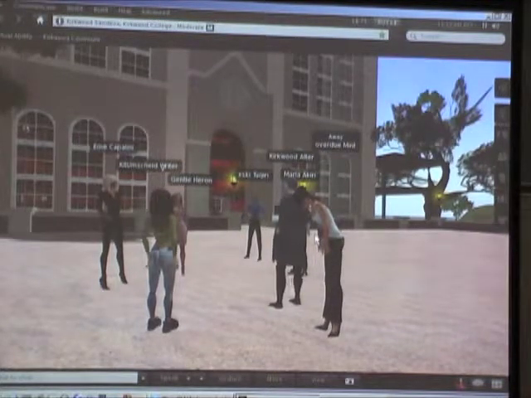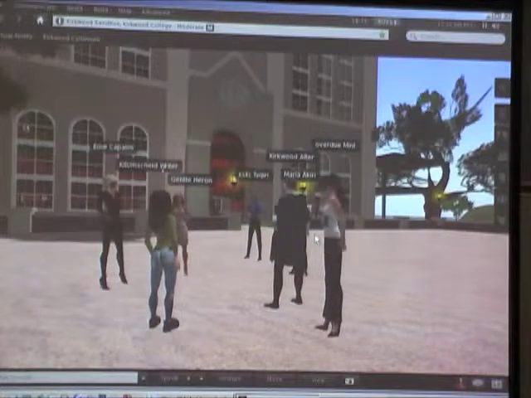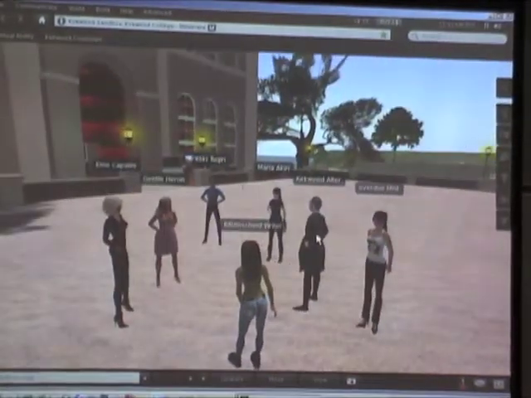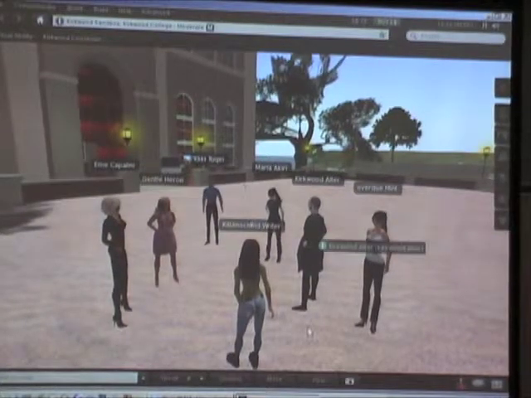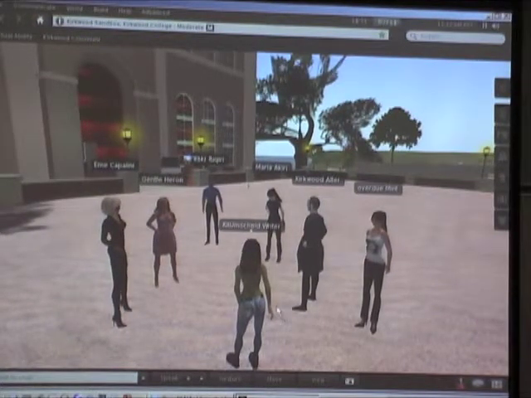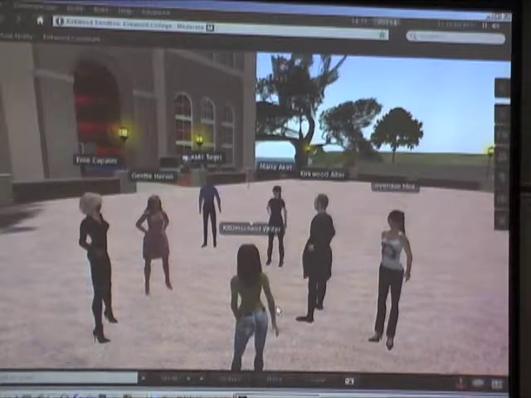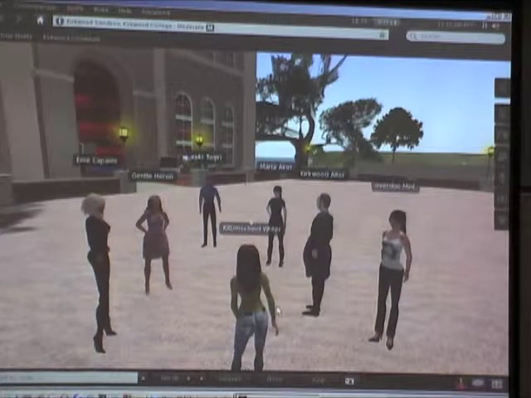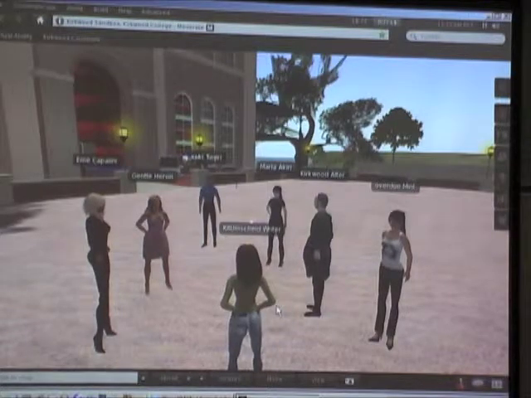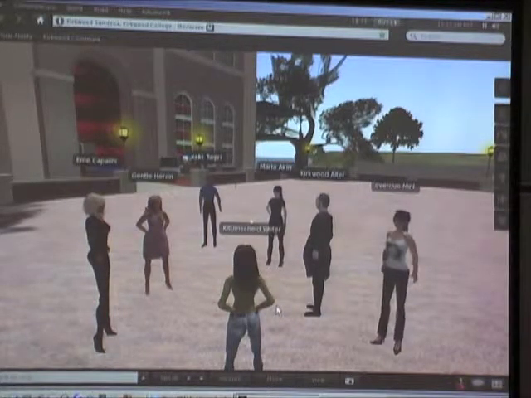What we're going to do is show you today a couple of places on Virtual Ability Island. The first is the place where new avatars that come into Second Life through our website instead of through secondlife.com, when they come in through virtualability.org, this is where they land to begin their orientation. So we want to show you that, and then the second place we want to show you is our accessible auditorium.